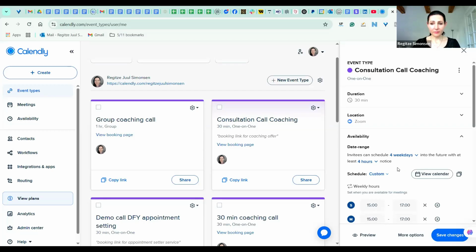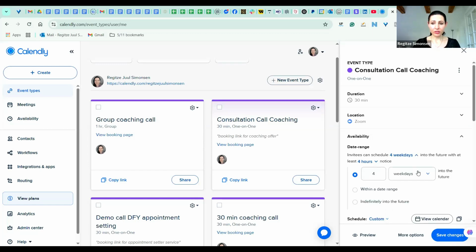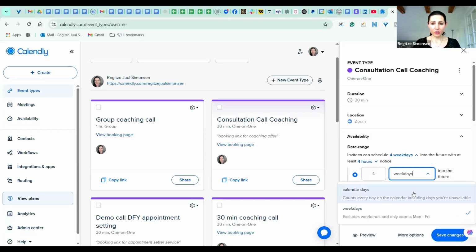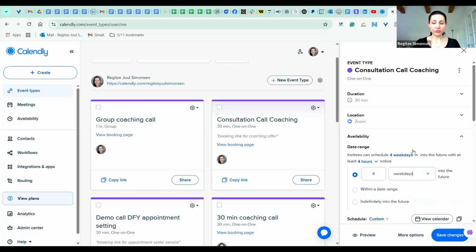I learned that the hard way. So remember that here under availability, only 4 weekdays out. If you want to work in the weekend, you can have 4 calendar days, so then they're also able to book in the weekend. Or you can set it for within a date range or indefinitely. But of course, we don't want to do that unless it's